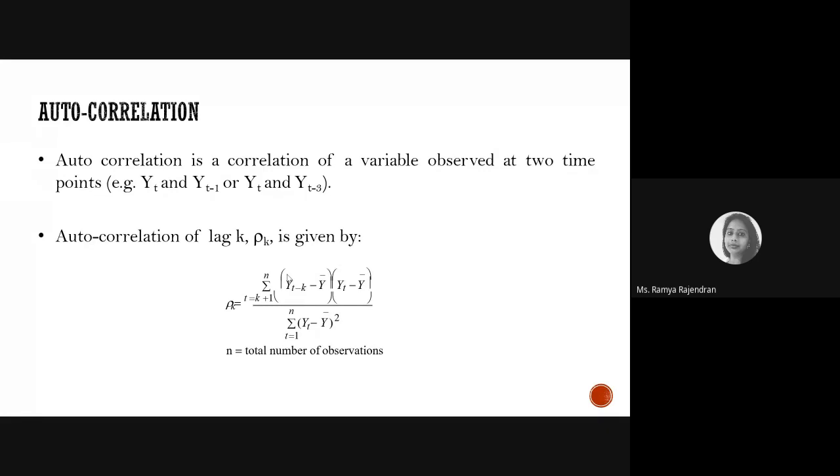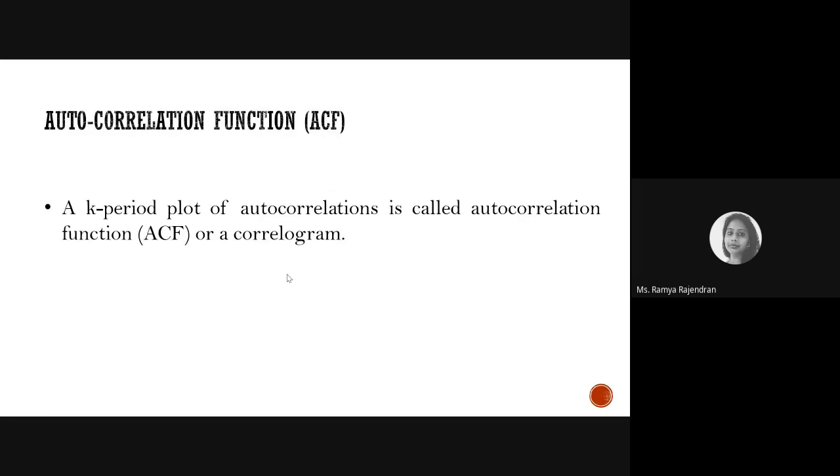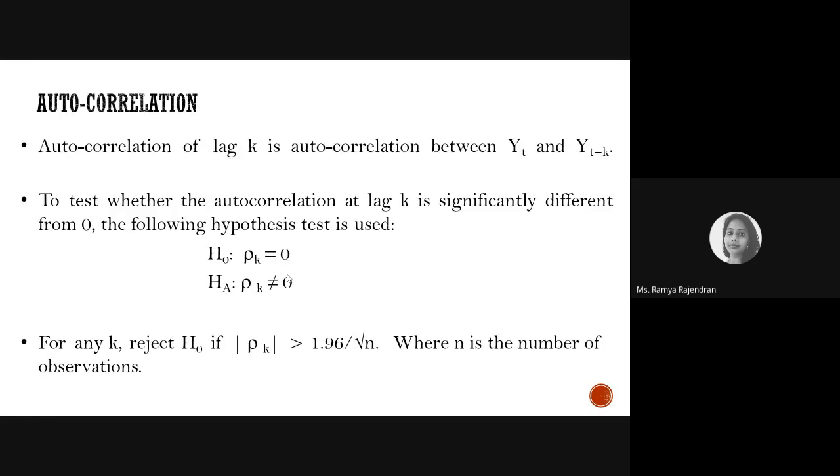So autocorrelation is the correlation between your actual values measured at different time periods. This indicates the memory of a process, that is, how far back in time it can remember what has happened before. The plot of this autocorrelation for different values of lags is called the autocorrelation function, or otherwise the correlogram. So this autocorrelation plot can be called ACF or correlogram. We'll just see a small example for that.